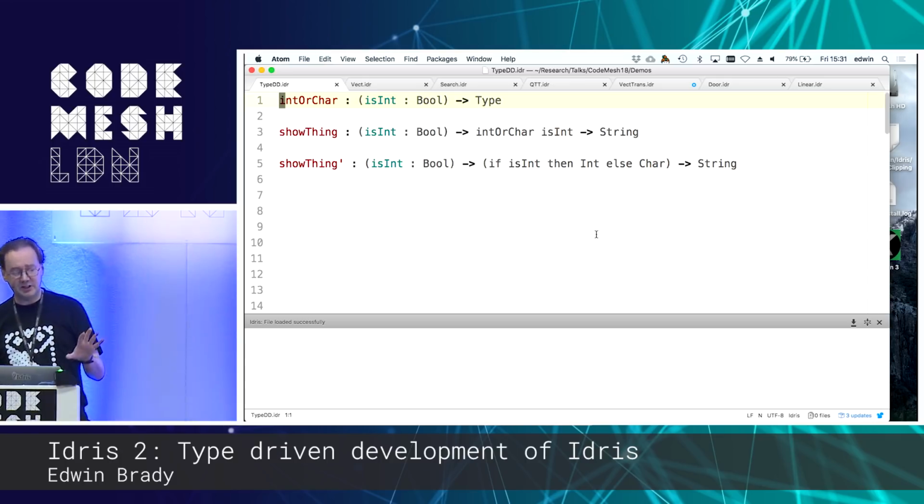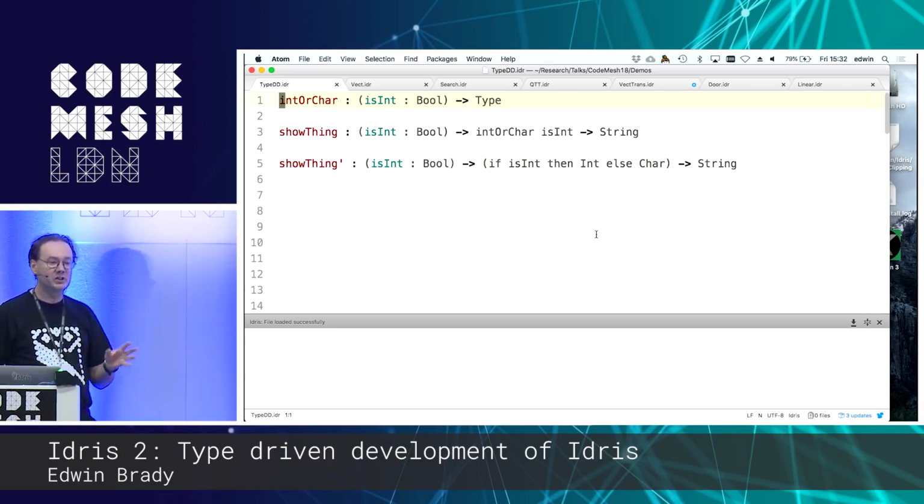So I'm going to spend a little bit of time just really hammering home the fundamentals. This example I'm going to show you might seem a little bit trivial, but it is a little bit trivial. But if you get what's going on, you have really got the essence of